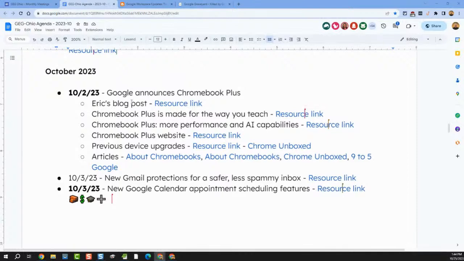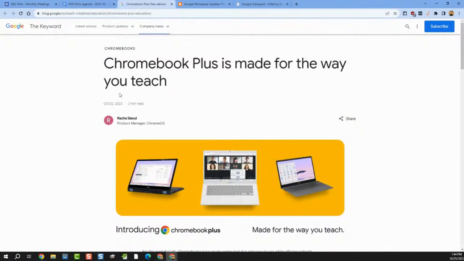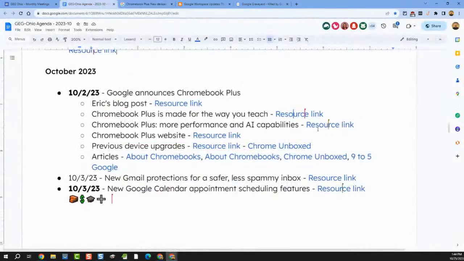All right, well, let's go ahead and take a look at October. So what happened in October? So far this month, one of the things that happened was that Google announced something called Chromebook Plus. Now, there's a bunch of resources here. I would say the second and third are the blog posts from Google, where they were talking about Chromebook Plus, how it's going to affect the way you teach, and also the capabilities of these